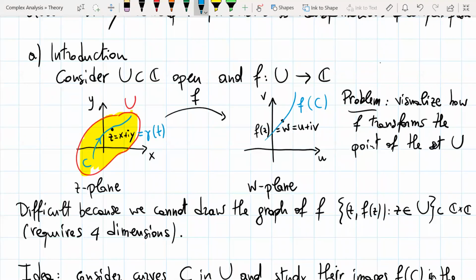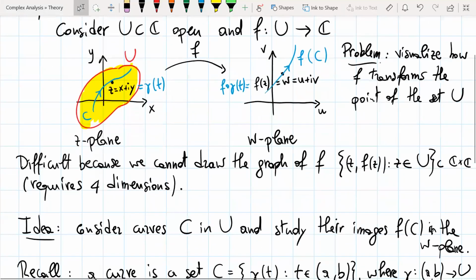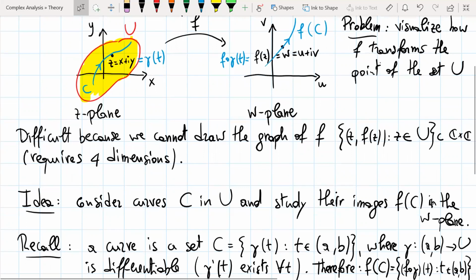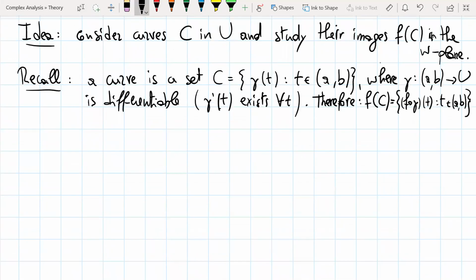And then you get the point f of gamma of t in the image curve. So let me then give an example where we can see how f transforms these curves. The example is taking as f the